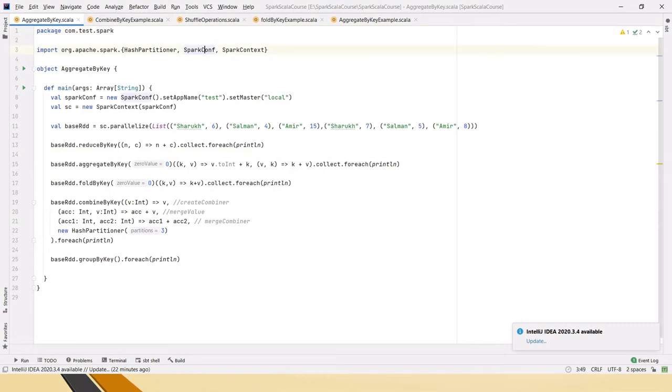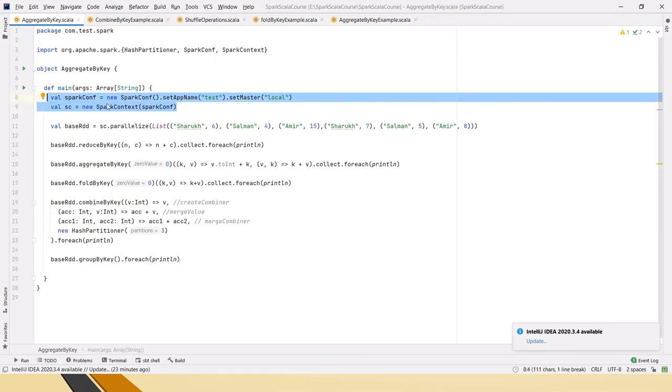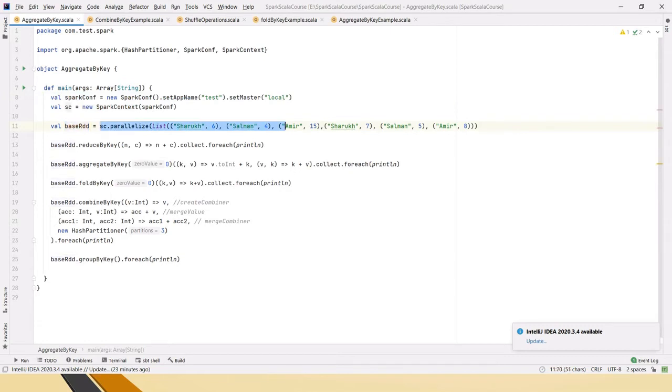I am importing Spark configuration, Spark context and hash partitioner because I am using that in the combine by key. And I am defining the main method, creating the Spark context which is very essential for any Spark job. And then I am creating an RDD with some list. In this list, if you see, keys are getting duplicated and each has some value.